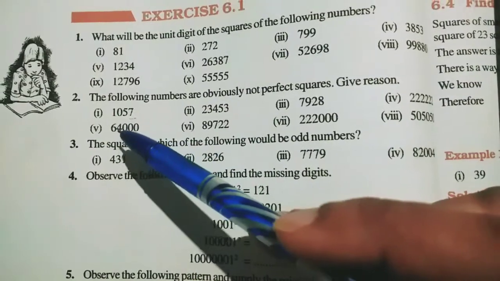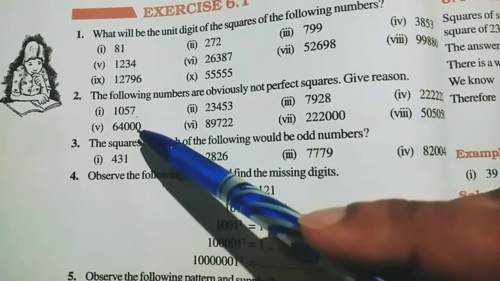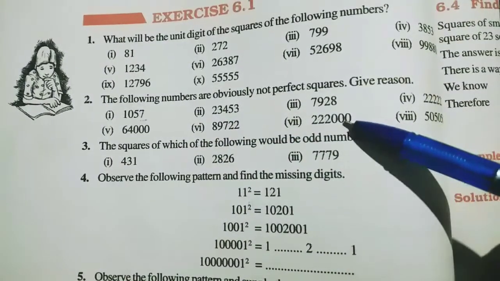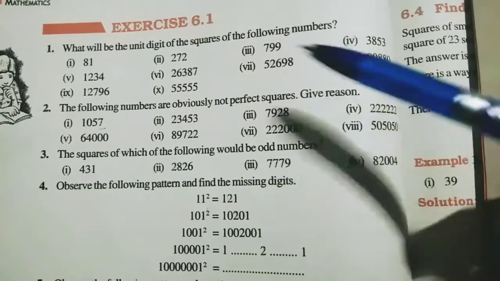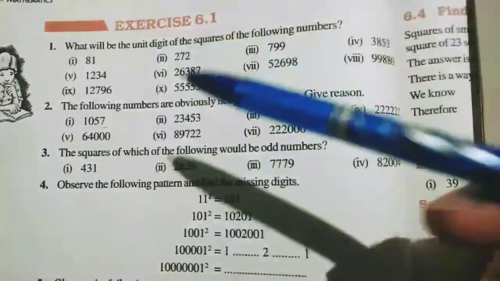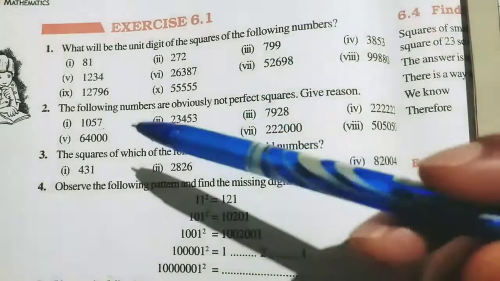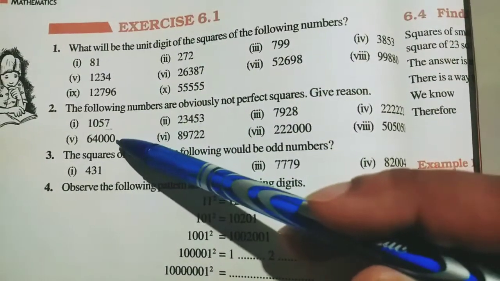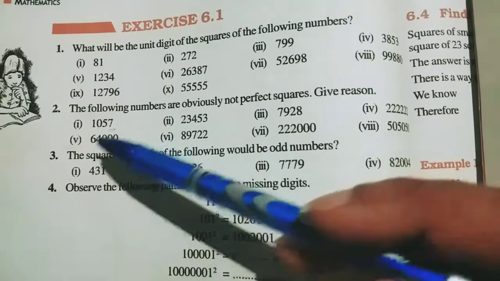But here you can see one different type of question. It has unit digit 0, and it also has unit digit 0, and this also has unit digit 0. It is said that any number which has 2, 3, 7 or 8 in the unit place is not a perfect square. Then why is a number ending in 0 also not a perfect square? Why? Let's see this question, why it is not a perfect square.